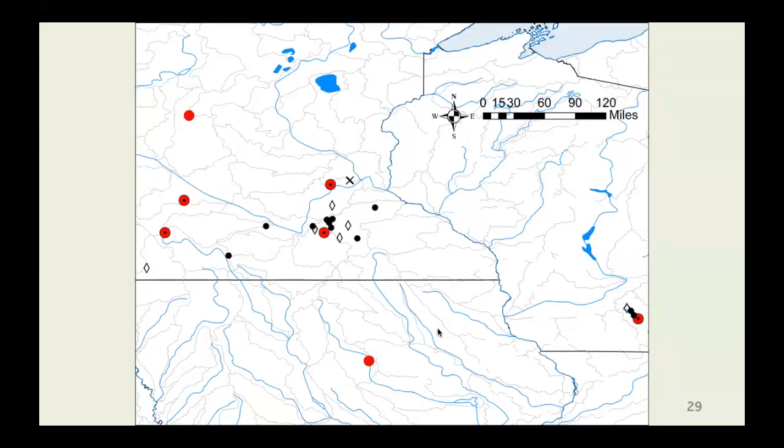And we don't know for sure that this is the actual distribution of KHV and CEV in Minnesota. There could be some sampling bias because we made friends with these guys, and I emailed Dan a lot to get those samples. So that could be a reason why we found those clusters. More intense sampling is going to be a way to fill in this map or see what the actual distribution is. But at any rate, this distribution is probably not from an introduction of KHV in 2017. It probably happened earlier than that.